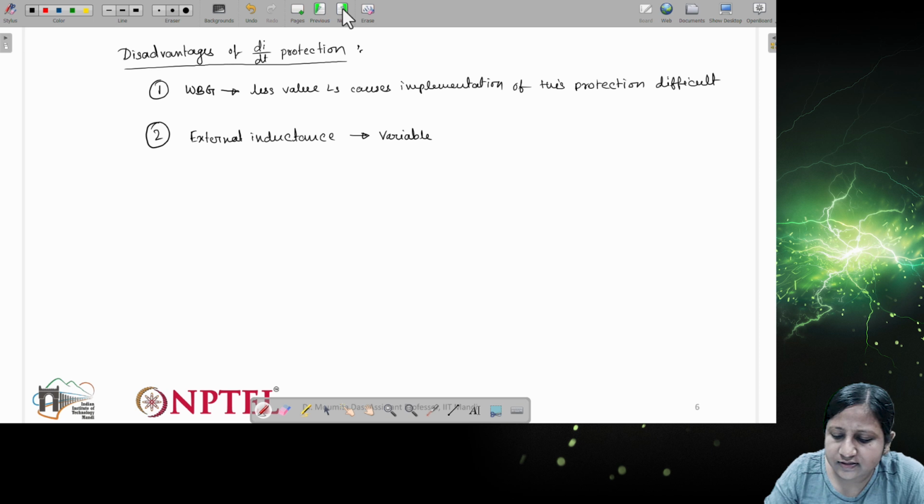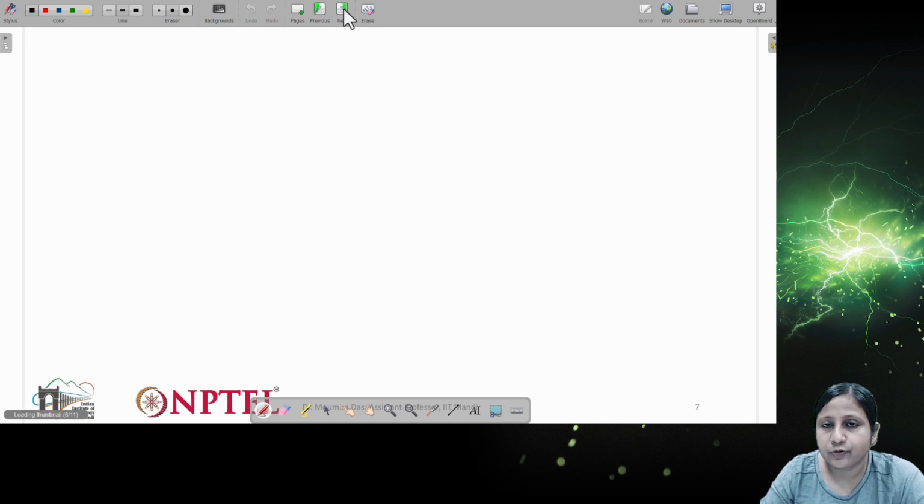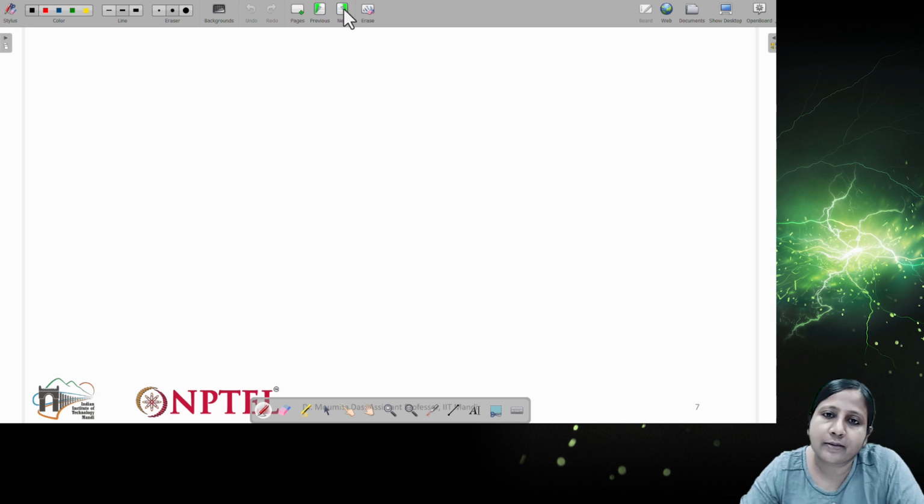Now the third one is current limiting in the DC source or any other source you will be using. But again, that is not a practical solution. In the lab we generally have a DC source, and we can provide a current limit in that and then test the device in a controlled environment. For testing purposes that is fine, but otherwise it is not a very practical solution.